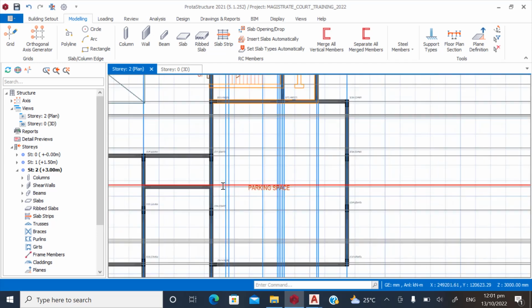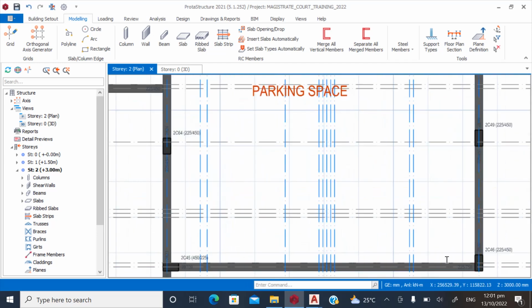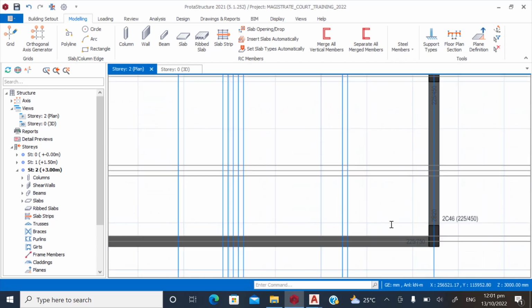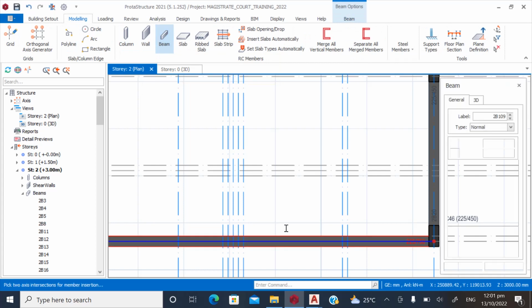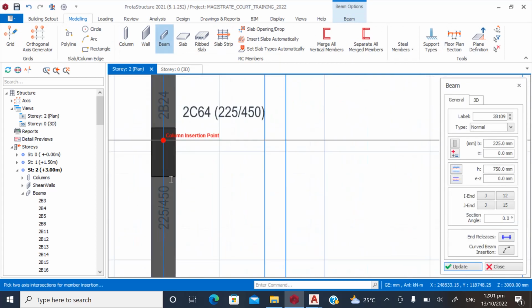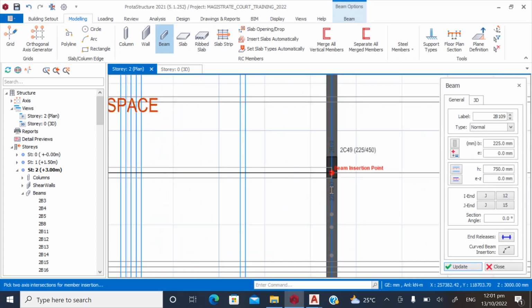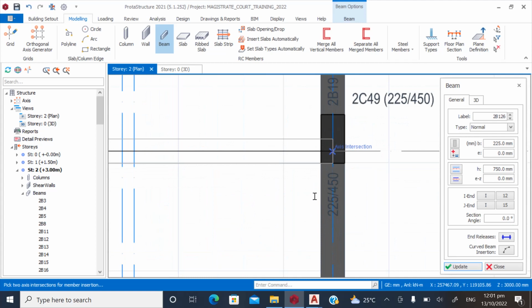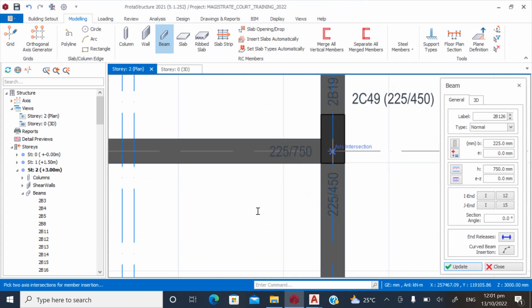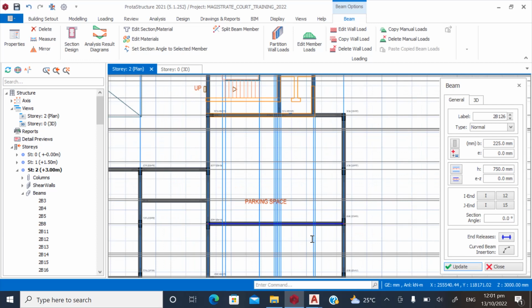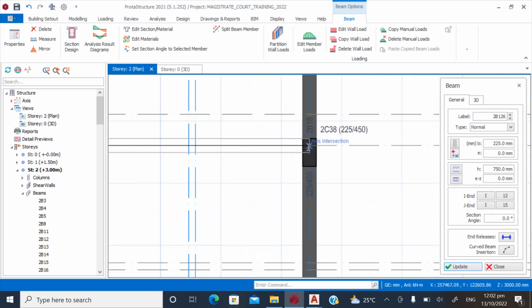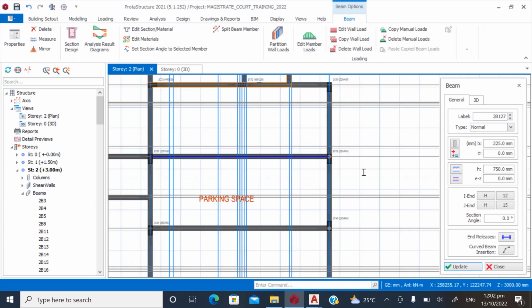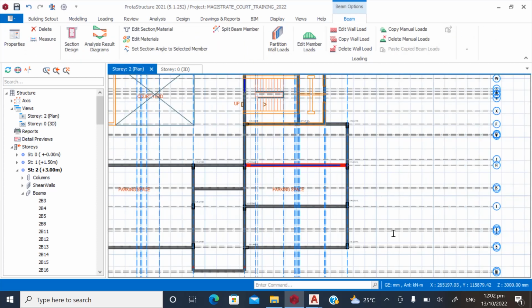So we select a beam here, go to modeling beam, from here to here. From here to here. Alright, so now